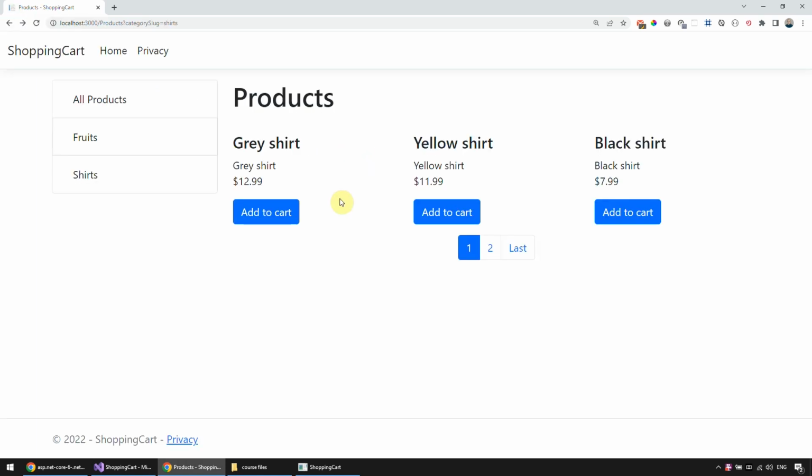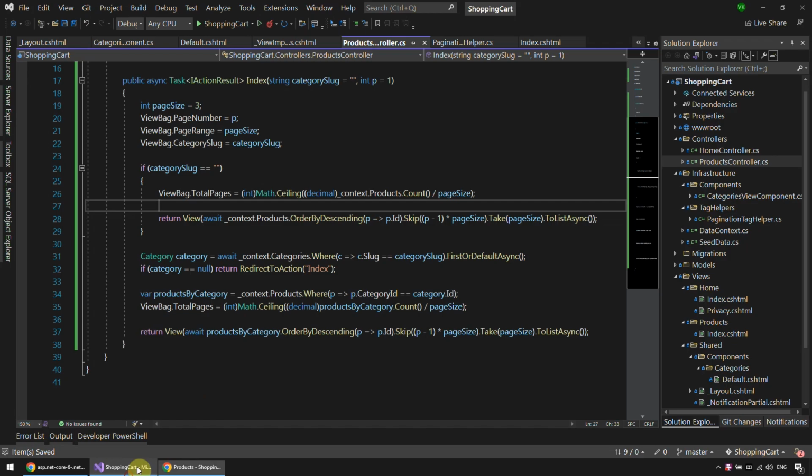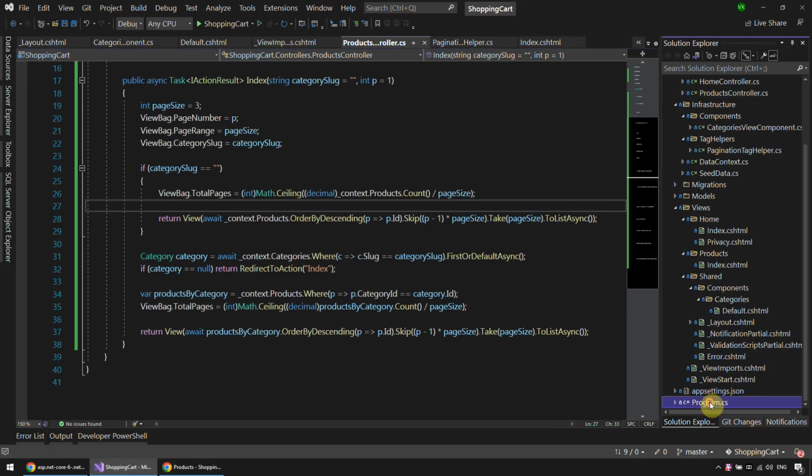Okay, so there's a bit of a problem here, which I will address in the next lecture, and also upload these images for the products. Okay. The problem here is that I'm saying I want to go to /products/category slug, and the URL, as you can see in the bottom left, is a query string. Okay, so what I'll do is I'll stop the project and go to Program.cs here,